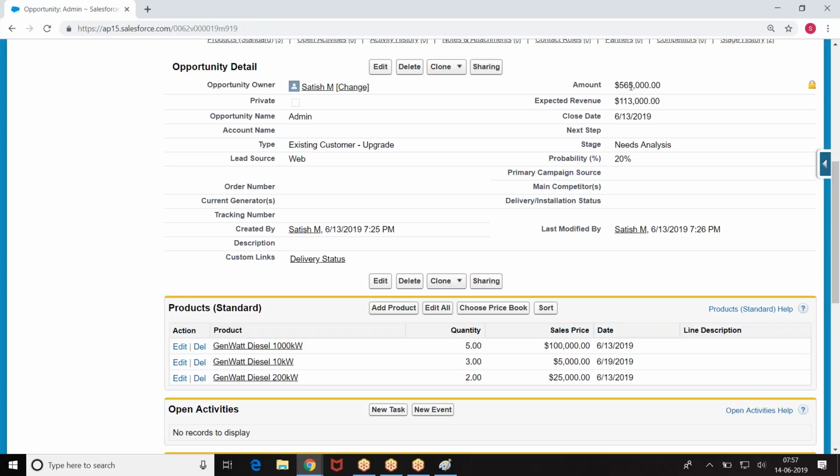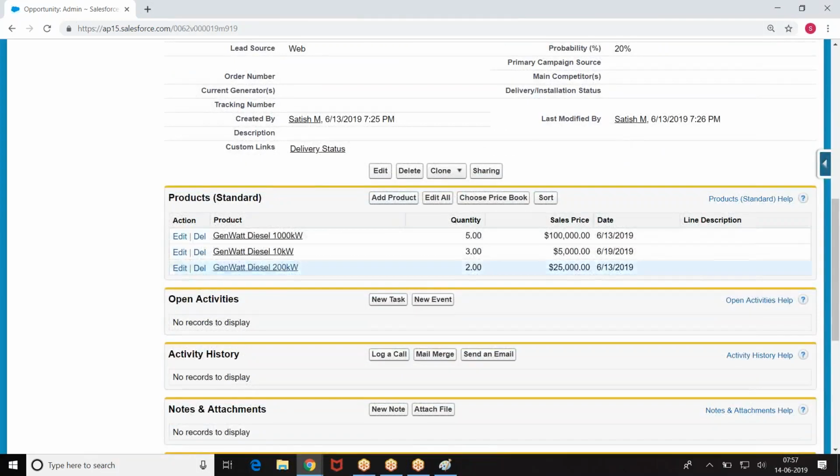Because any company will give you money because they are interested to purchase some service from you. There may be a product or there may be a service. Any company is going to pay you money because of the service what you provide. Now what is the service I was looking for? Maybe a product or a service. Now what are the products I am purchasing? These are the products. Right.